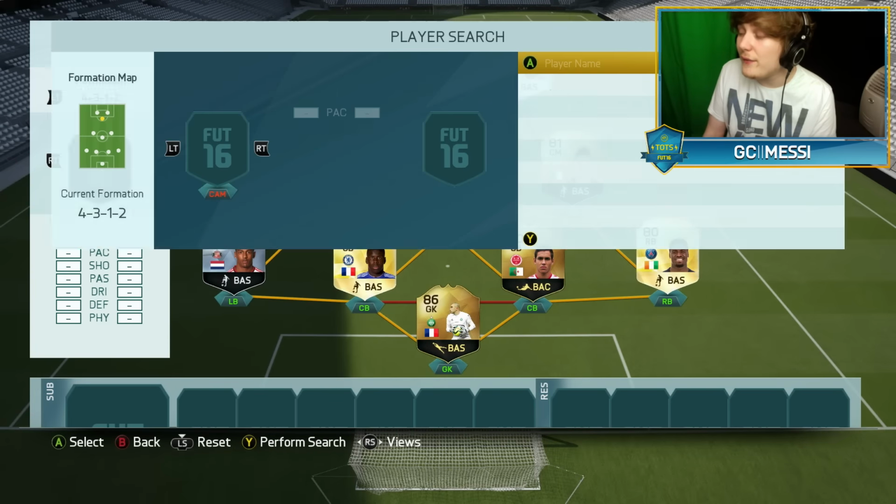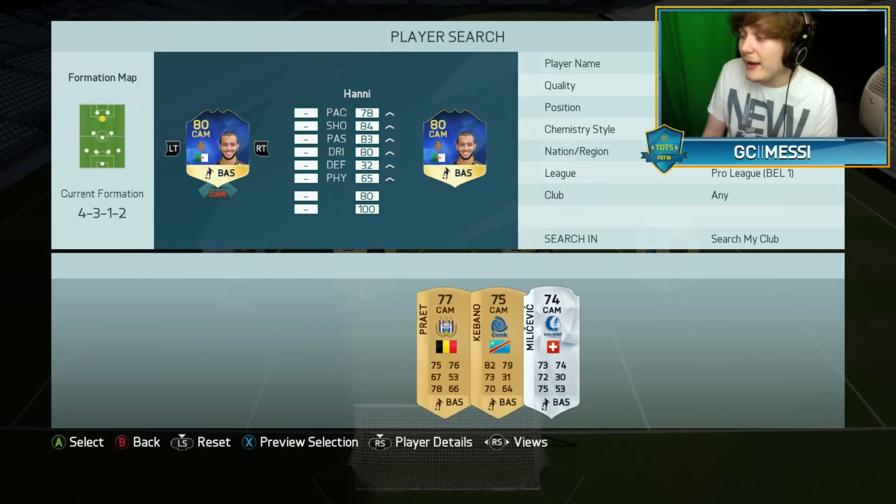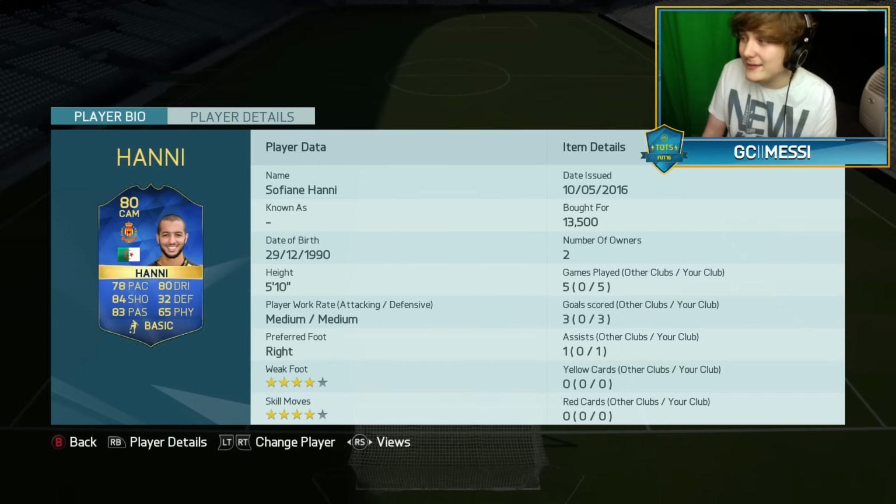But the main guy of this video is going to be the cam here, and that's going to be a team this season, Hani I think his name is, and he plays for KV Mechelen. I don't know who they are to be honest, but they're in the Belgian Pro League, and he's got some really nice stats. But the reason I think he's discard value is the fact he's 80 rated, but he's also Algerian and plays